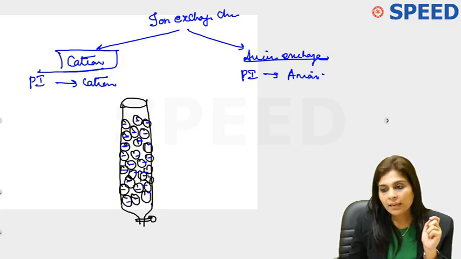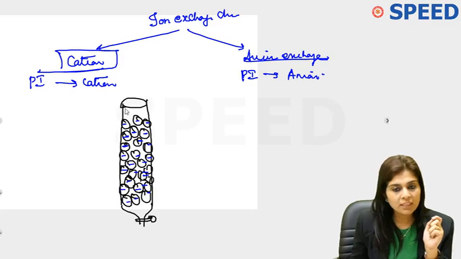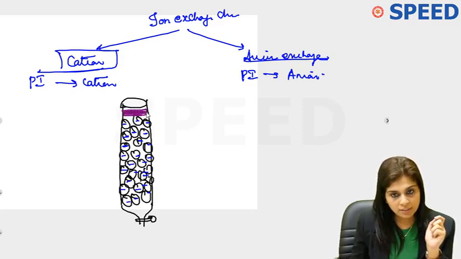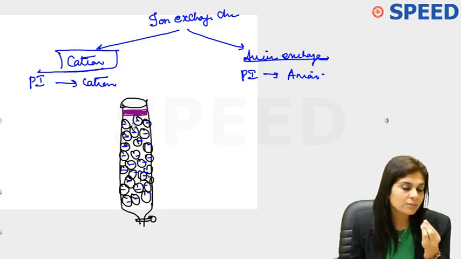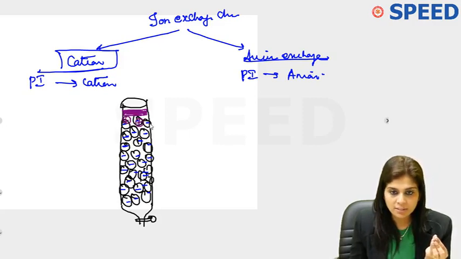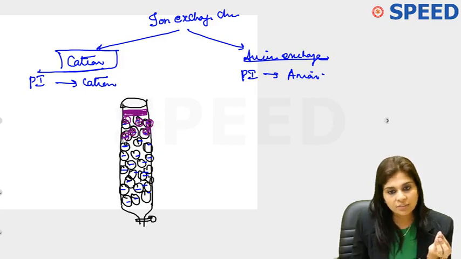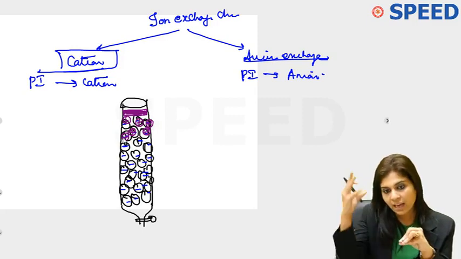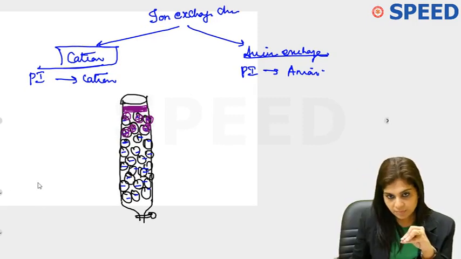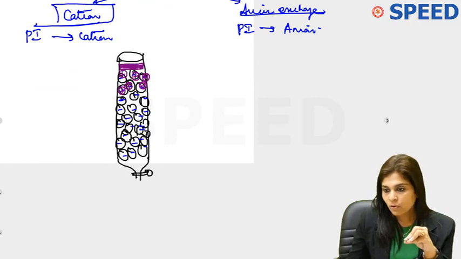Okay. Now what will happen when you pour the complex protein mixture? When you pour the complex protein mixture, anything which is positively charged, that is what you want, will be held on to the stationary phase, whereas anything which is negatively charged will be repelled and it comes down first. So after you have removed all anions, after you have removed what you don't want,